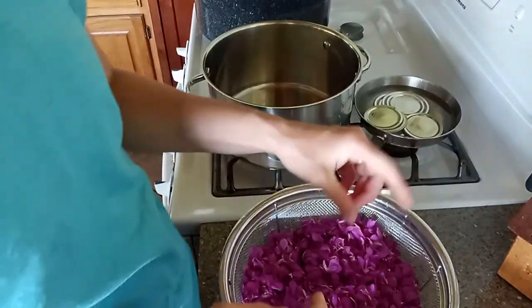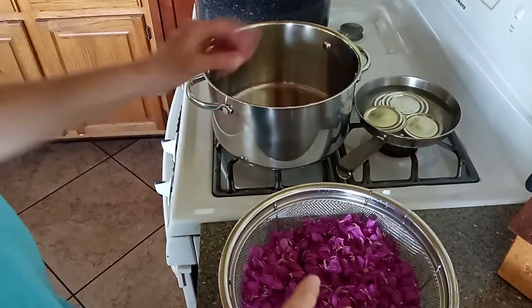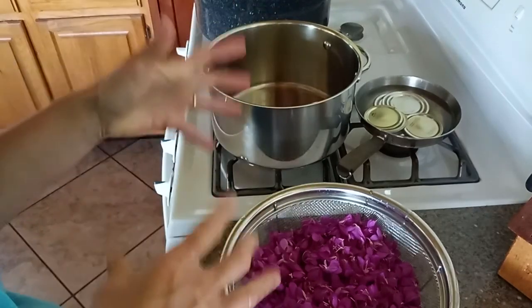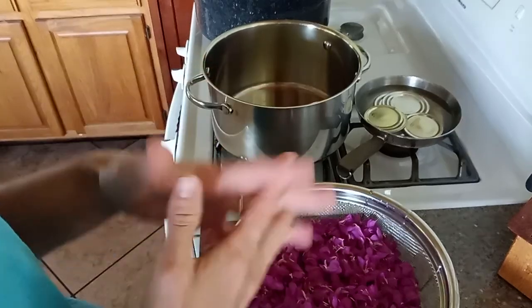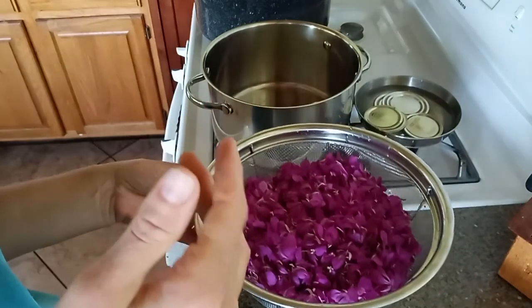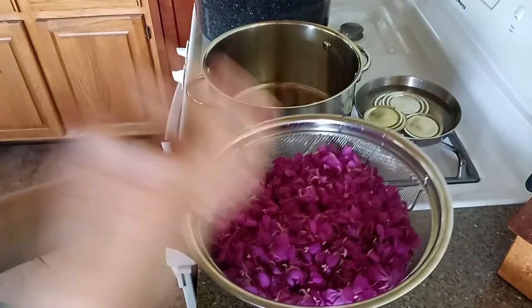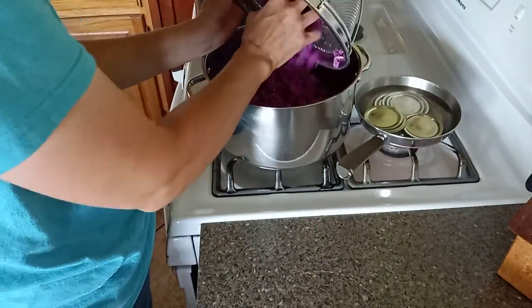Okay, so now the blossoms have been rinsed and we're going to put them in the pan. This worked out really good with 10 cups, because you need about 60 to 65% water in cups as compared to cups. So 10 cups, you're going to need about 6 to 6.5 cups of water. If you have 8 cups, it's going to be 4.5, 4 3/4, something like that. But dump these in your pot,